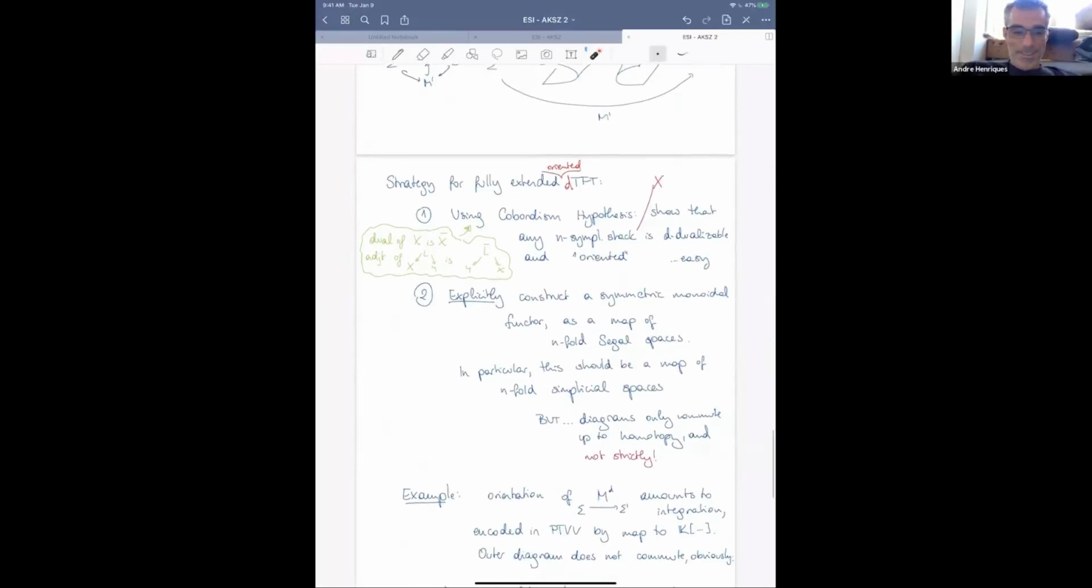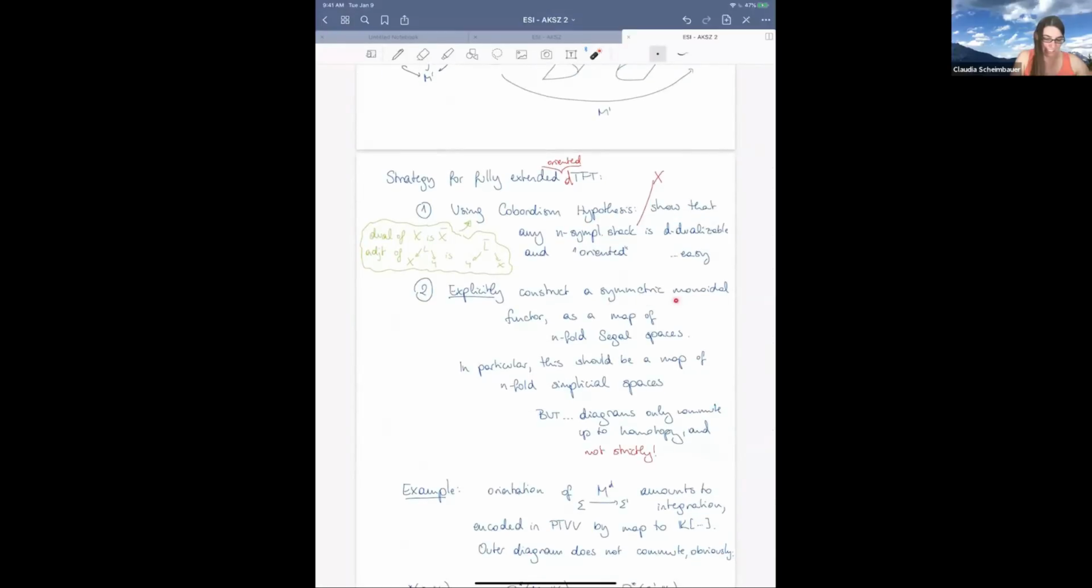Well, okay, good. Here, symmetric monoidal functor. So, okay, then Claudia,